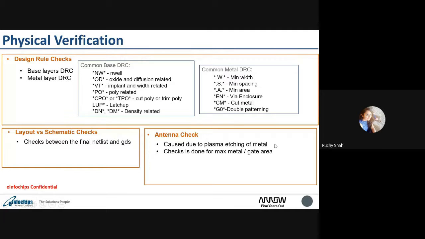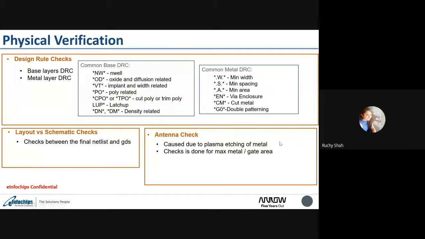If the metal length is large, and we are etching it through plasma etching, which is a dry etching technique, the plasma, which is nothing but ions, will be collected on that metal.